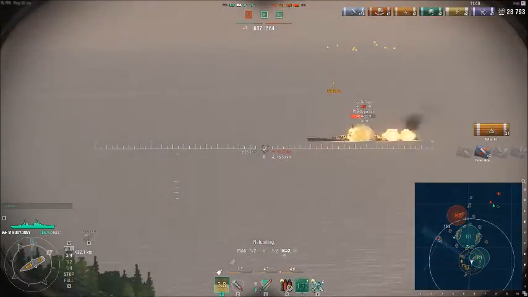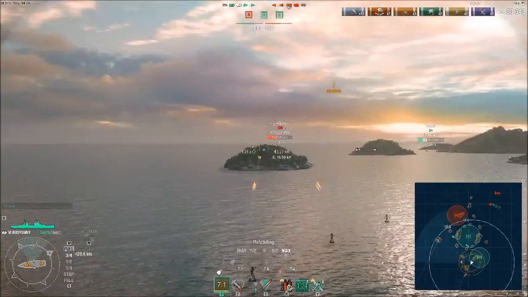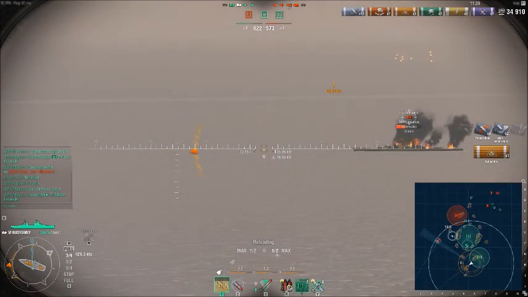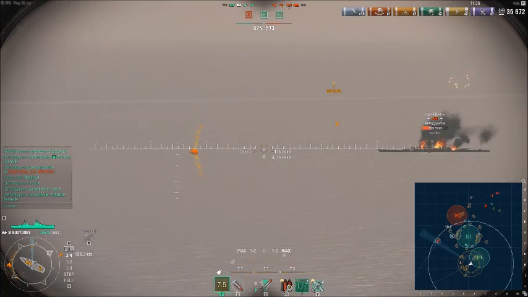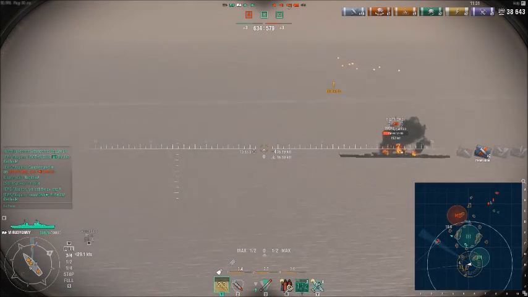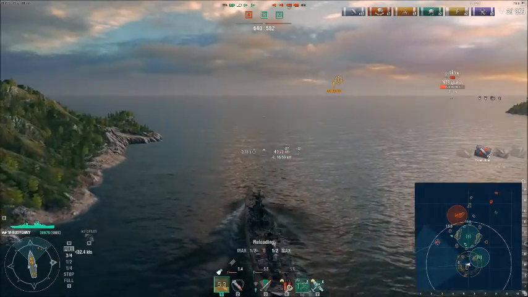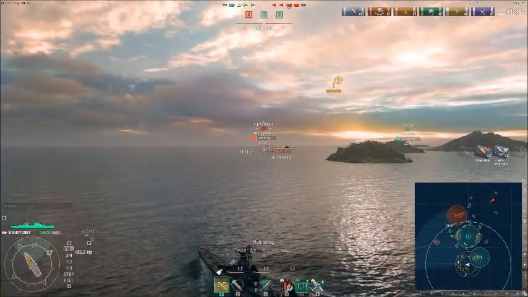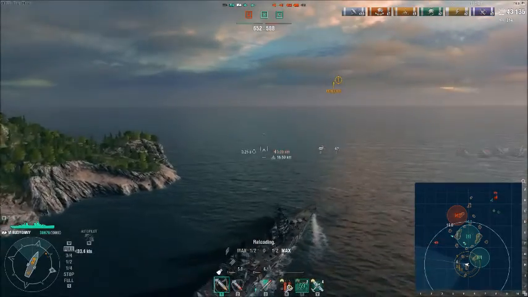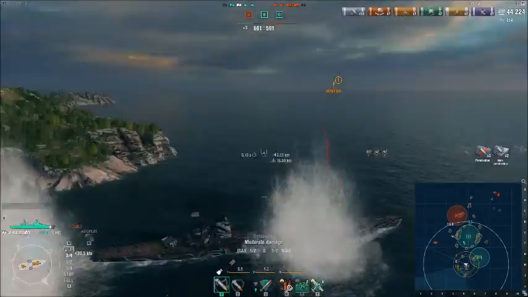I set another fire on the Friedrich. The Prince Eitel, whatever you want to call it. Set another one. Probably going to put that one out when he can. Again, like I said, this ship is a great long-range spammer. Definitely can put the pressure on. So I'm still being mindful of that DD. I think he's around the island there. And I'm afraid he's going to sit there and torpedo me, but I have to also be actively dodging the Prince Eitel's